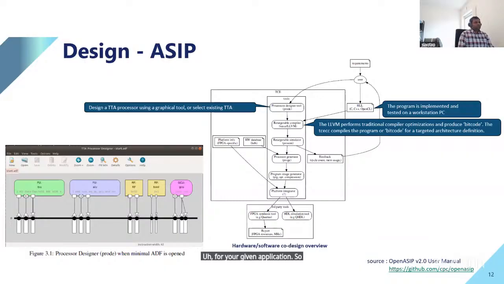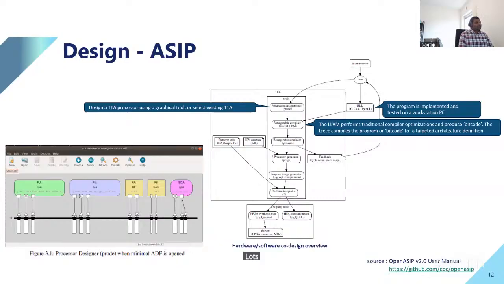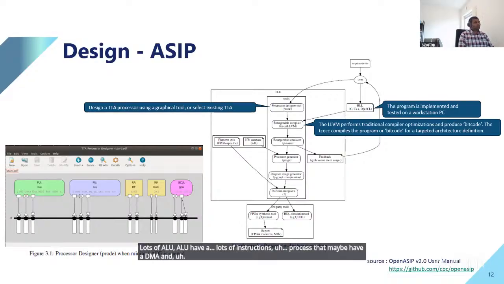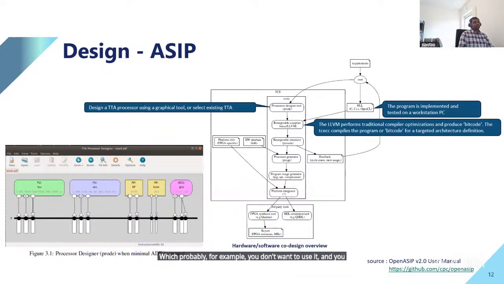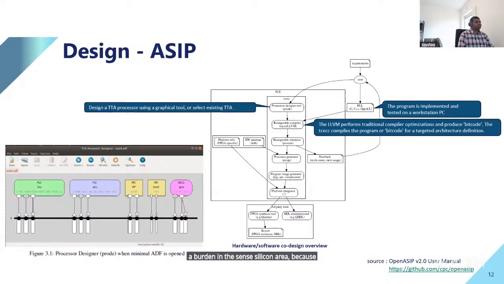So in general, when we work with processors, they have lots of ALUs, and ALUs have lots of instructions. A processor may have a DMA or other functional blocks which, for example, you don't want to use, and you still have to carry that burden with you. A burden in the sense of silicon area, because silicon area is costly. So now people have come up with this feature, a processor called instruction specific. That means based on your application, you will write